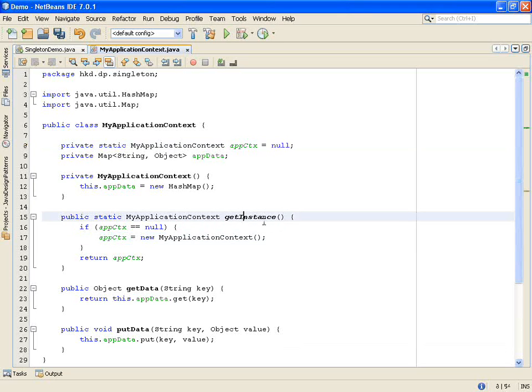I create the object when there is a first call to get instance, and during the first call, app CTX will be null, and it will create a new instance and return it.